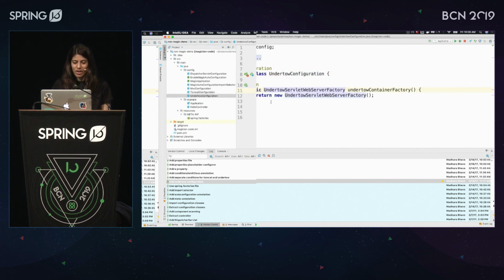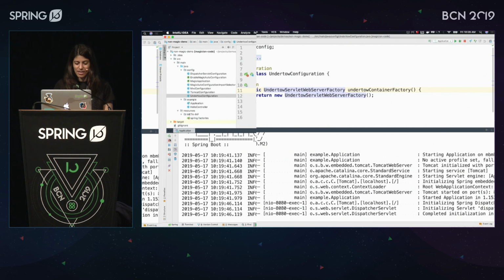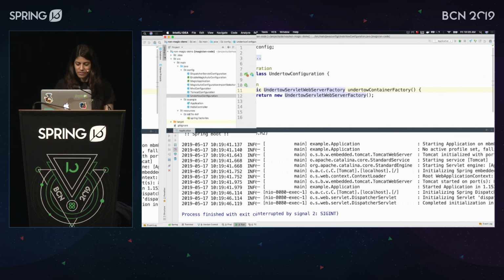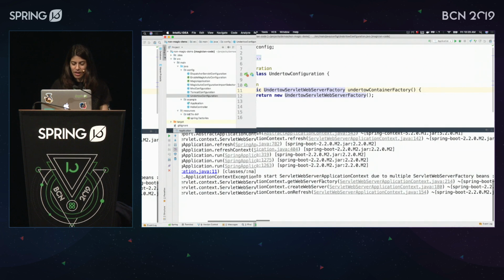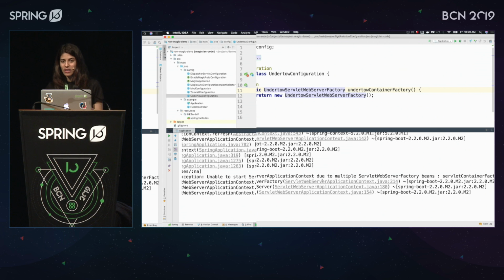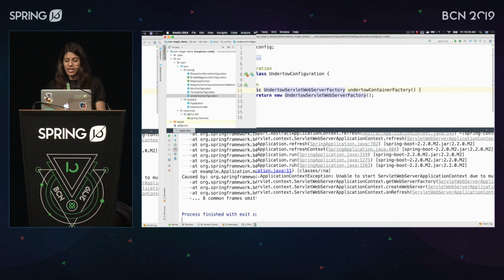So now we have two servlet web server factory beans. And if we run this application, it fails. And it fails not because it couldn't find a servlet web server factory bean, but because it found multiple servlet web server factory beans. So we need to tell our application to only configure one of these based on some condition. And the way you can do that is